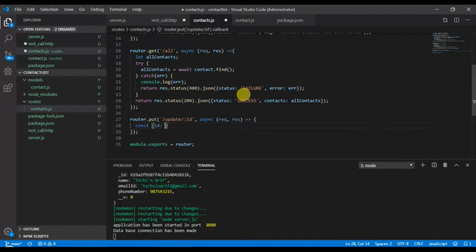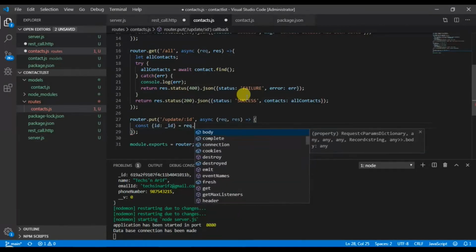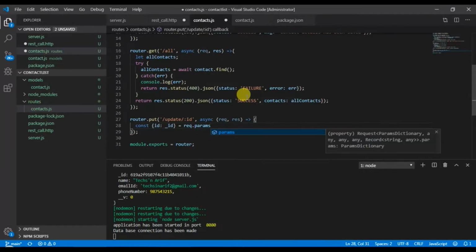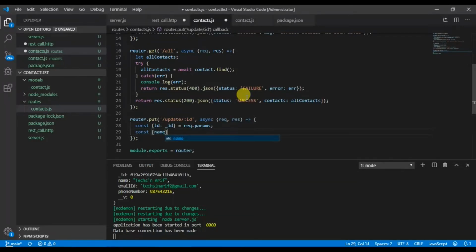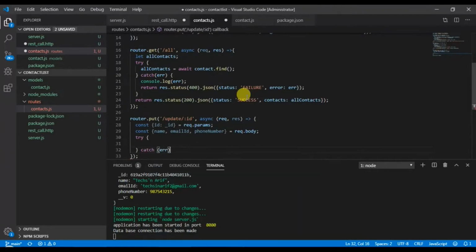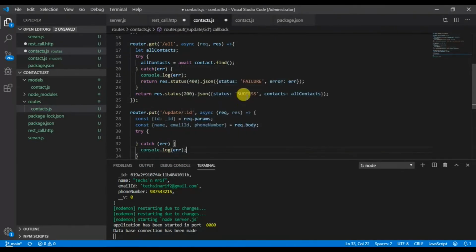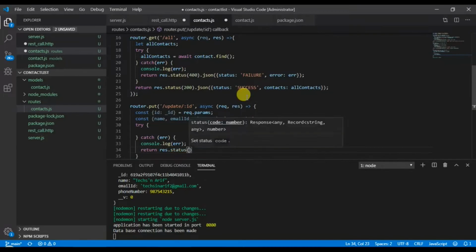Then we will extract the ID from the request parameters and assign it to the _ID variable. It is an ES6 feature. If you have any questions, kindly go through the ES6 features, or else let me know in the comment section. Then the name, email ID and phone number will be extracted from the request body. Then in the catch block, we will do the error handling as we did in the previous two methods.